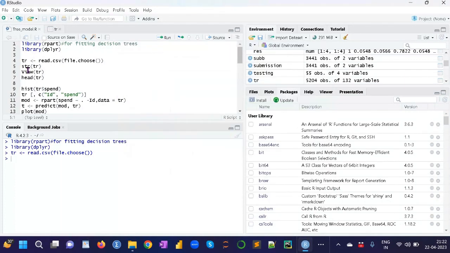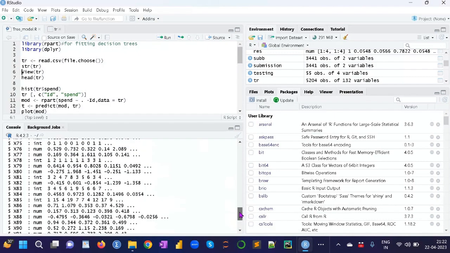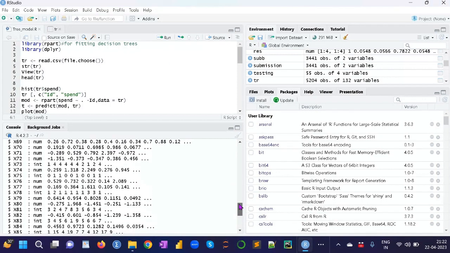Then I am using str, which shows the structure type of the data. It means integer type; your columns are integer or numeric.